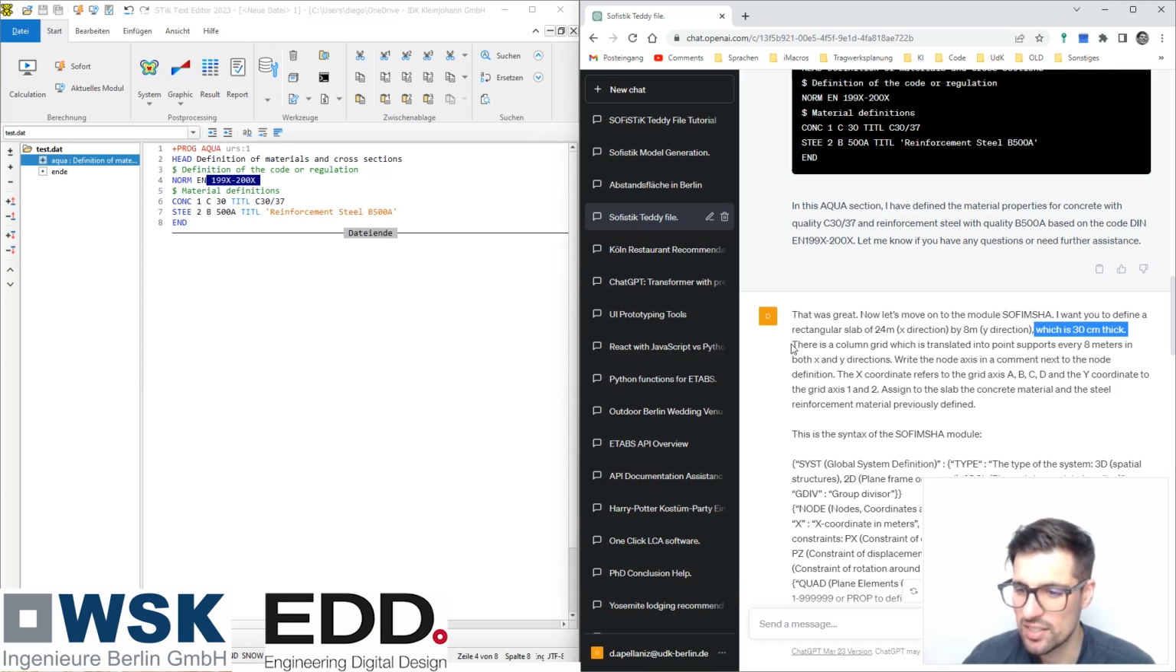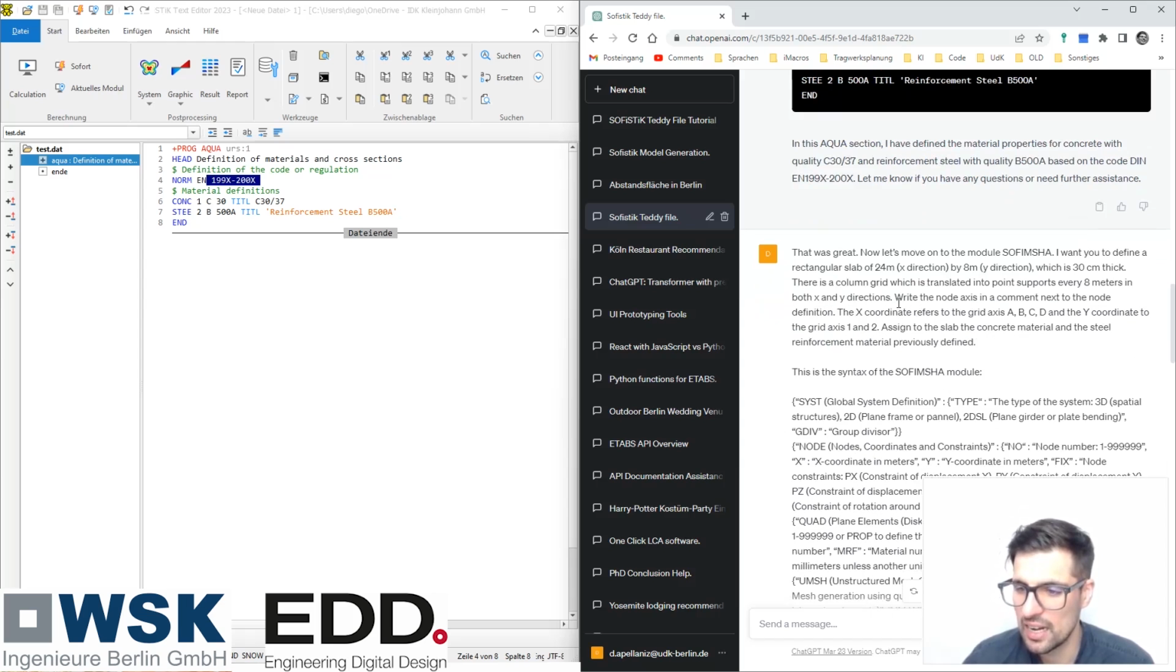And we say there is a column grid, which is translated into point supports every 8 meters. And again, you have to notice this relationship that I try to transmit to ChatGPT between the model elements, the columns, and the code, in this case, related to the point supports. And also, so that ChatGPT understands our instructions, which are going to be related to the building, not to the